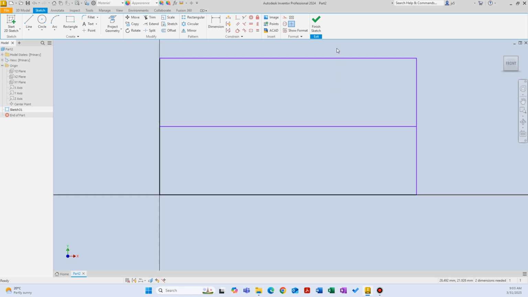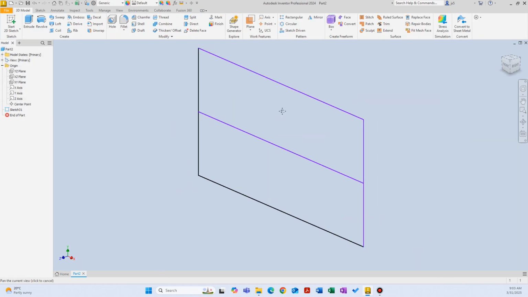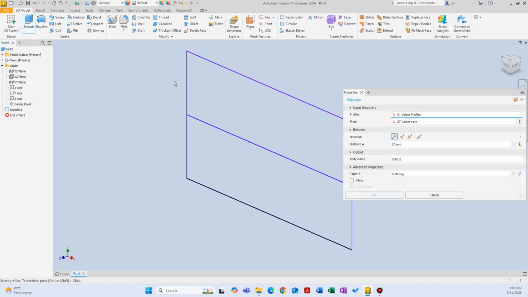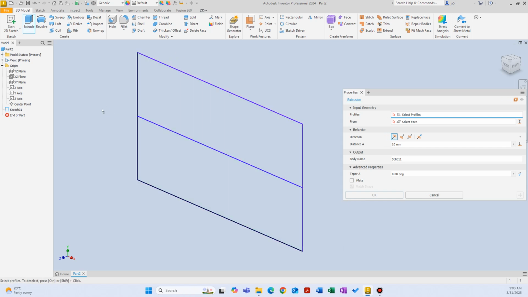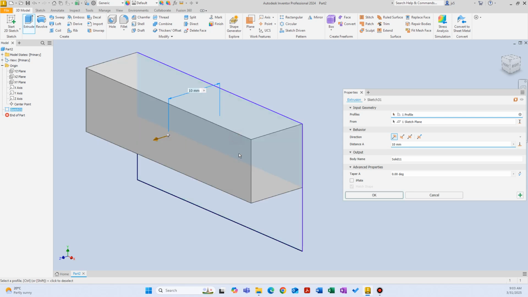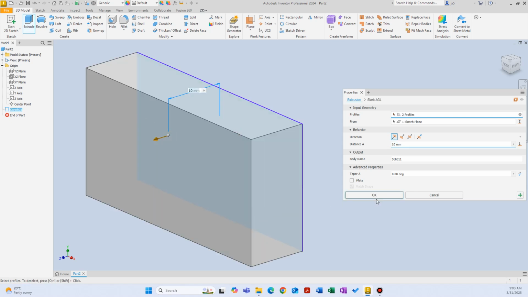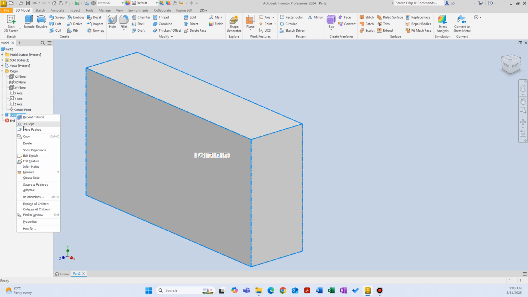None of them are construction lines, which means that if I finish the sketch and if I extrude, Inventor will not automatically extrude the whole geometry because now there's a line in the middle that I can use to create the 3D object. So now it is asking me which section I want to choose. I can choose the top section or I can choose the bottom section. Let's delete this extrusion